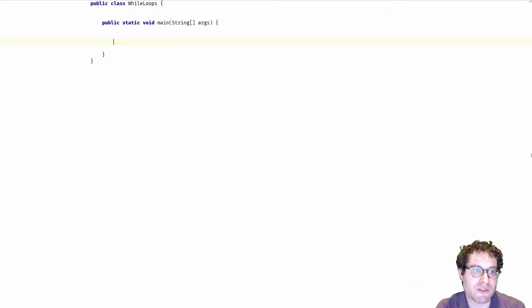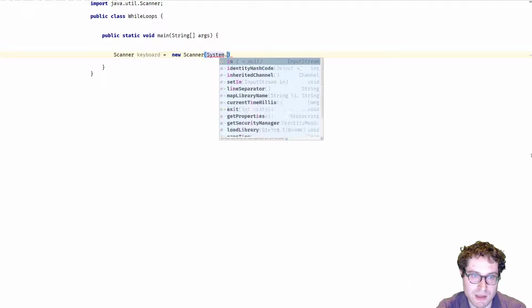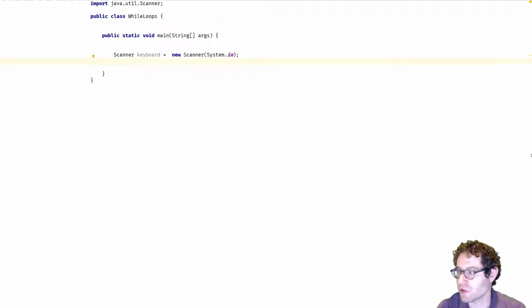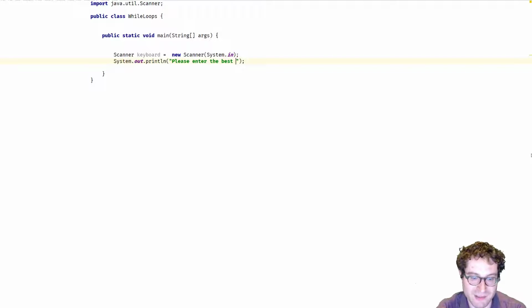So let's go ahead and create a scanner, and we've got to import it again. Scanner keyboard is equal to new Scanner, and then the open parentheses with System.in to tell it we want to read from System.in as opposed to some other source like a file. So Scanner keyboard, and what we'll say is sout, please enter the best number,